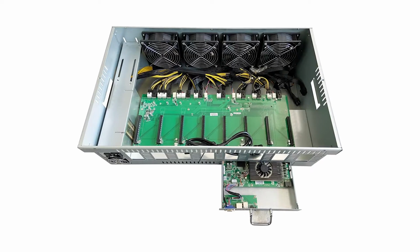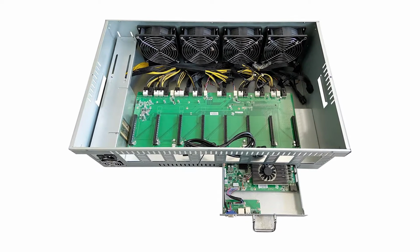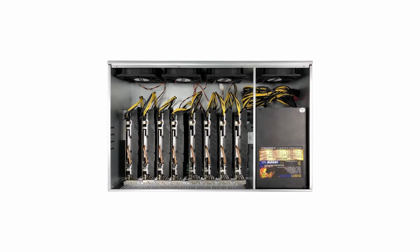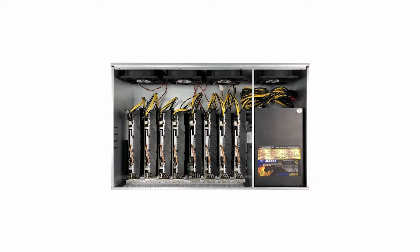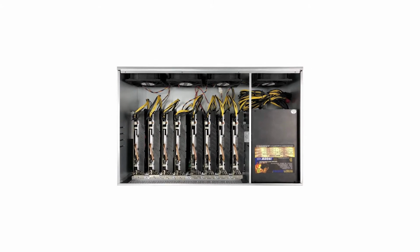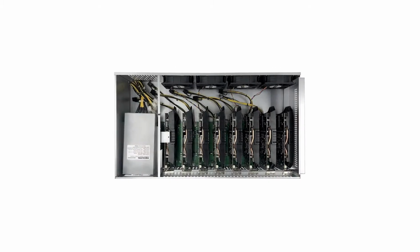Number 2. SOONTECH cryptocurrency coin, Ethereum and Bitcoin mining rig. For the low price of $1,000, you can get your hands on the SOONTECH cryptocurrency coin, Ethereum Bitcoin mining rig frame, still within the realm of professional or at least semi-pro mining hardware, depending on which GPUs you plan to